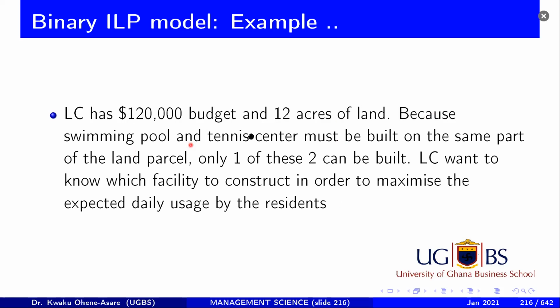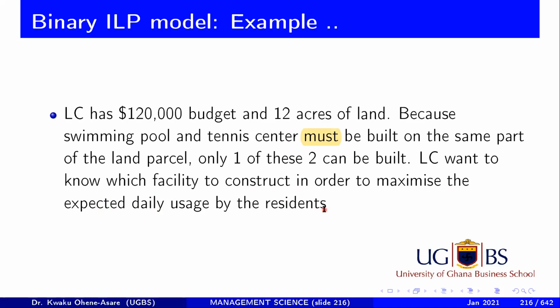Because swimming pool and tennis must, the word must is important, because swimming pool and tennis must be built on the same part of land. Only one of these two can be built. Okay. They must be built, but only one can be built. And finally, the Legon Council want to know which facility to construct in order to maximize the expected daily usage